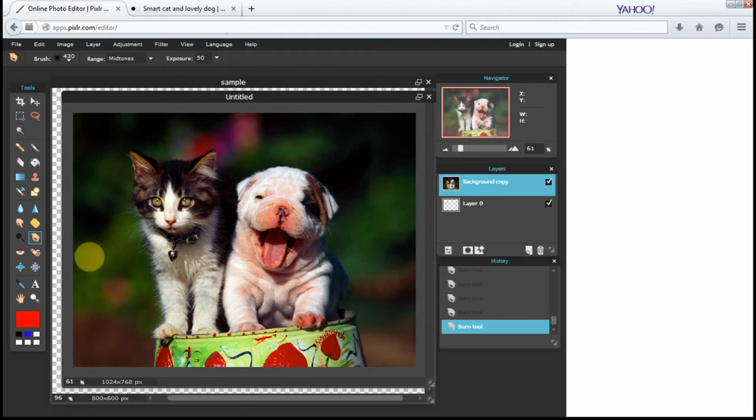They don't work so great, to be honest with you. And then the dodge tool, this is basically where I have a dark area and I want to make it slightly lighter, so it'd be an area like in the shadows where I want to add some detail in to where I've lost detail in the shadows. We have a red eye, we have a fix,